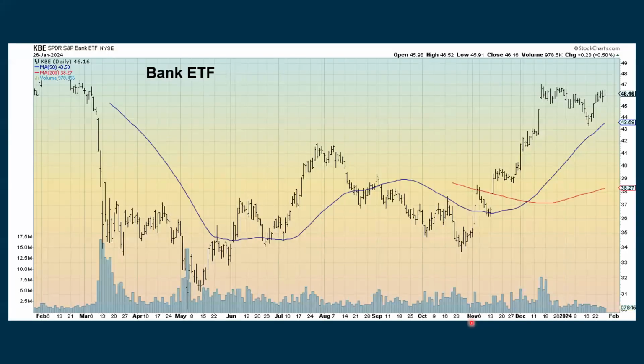Here's the bank ETF. And we did have a real problem almost a year ago. That was in March when the banking crisis hit, and then we went sideways. Now we're starting to see some improvement, but we're kind of chopping more or less sideways. But we did start to go in an uptrend with the bank ETF. And we're keeping an eye on this because